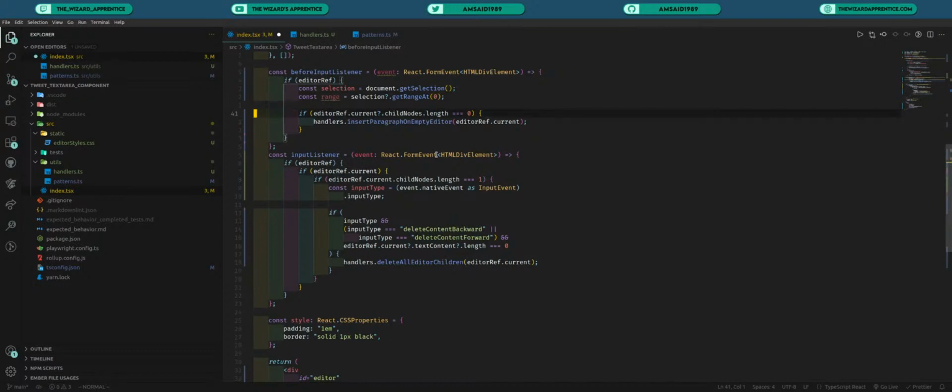Then what we're going to do is this. Basically, we will add the new paragraph if the editor is completely empty, or if it's not empty but everything inside of it is selected. And the way we're going to do that is this, or